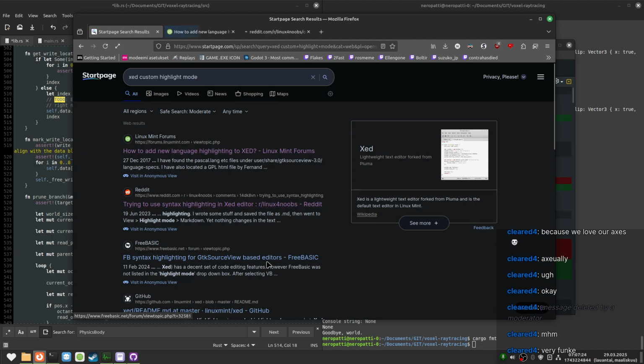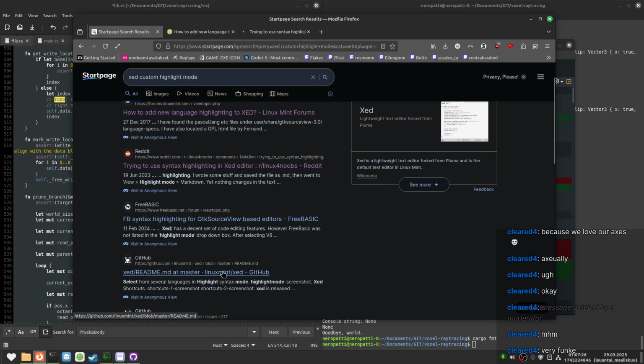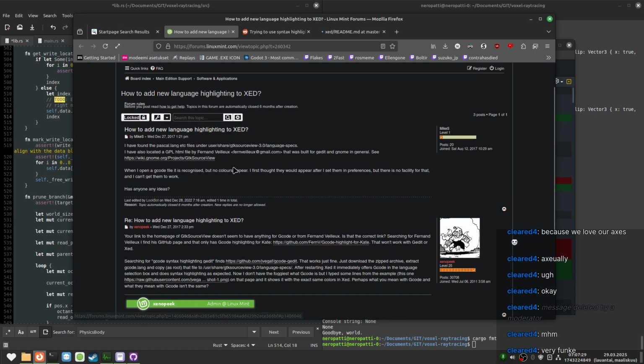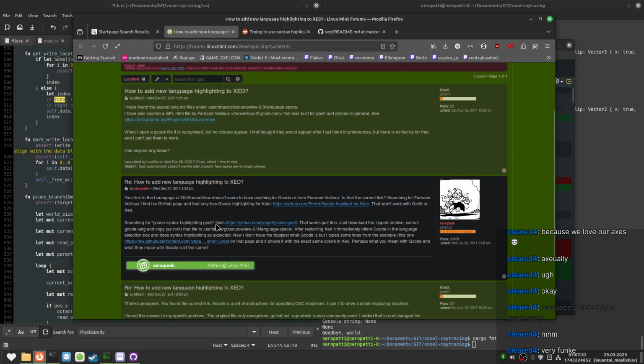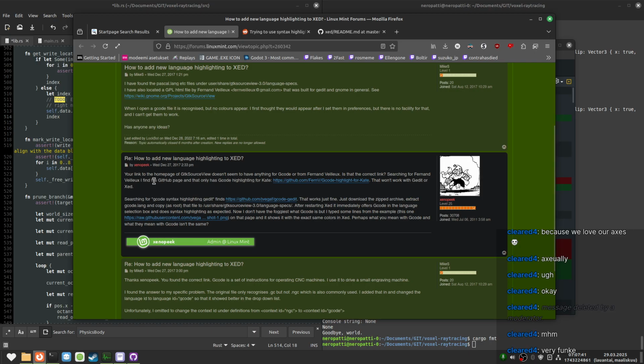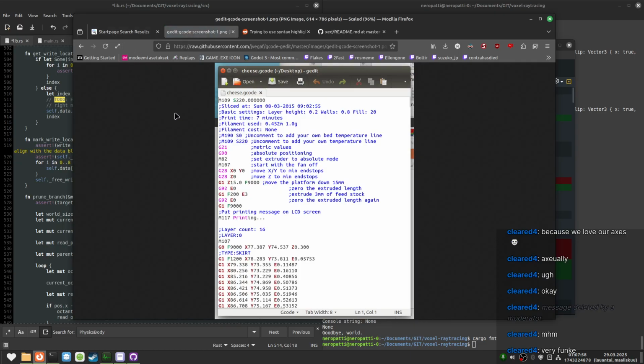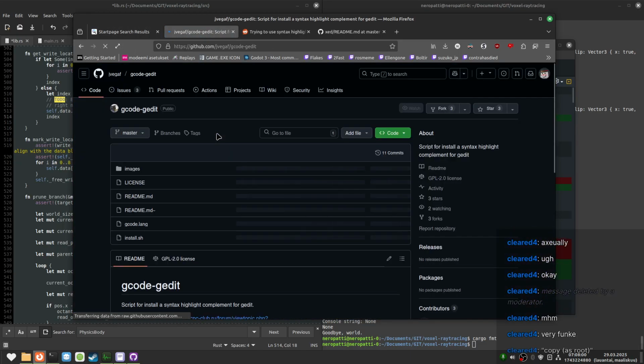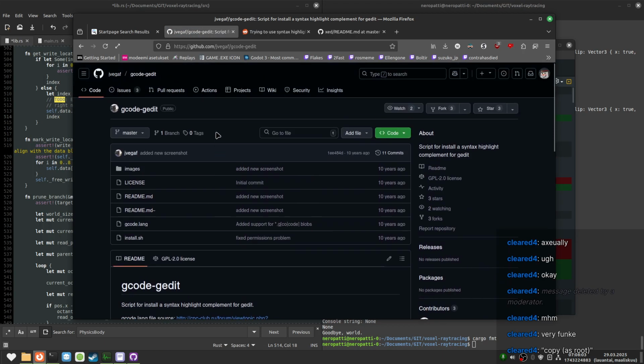Yes, Linux for noobs, let's go. How do these things work?